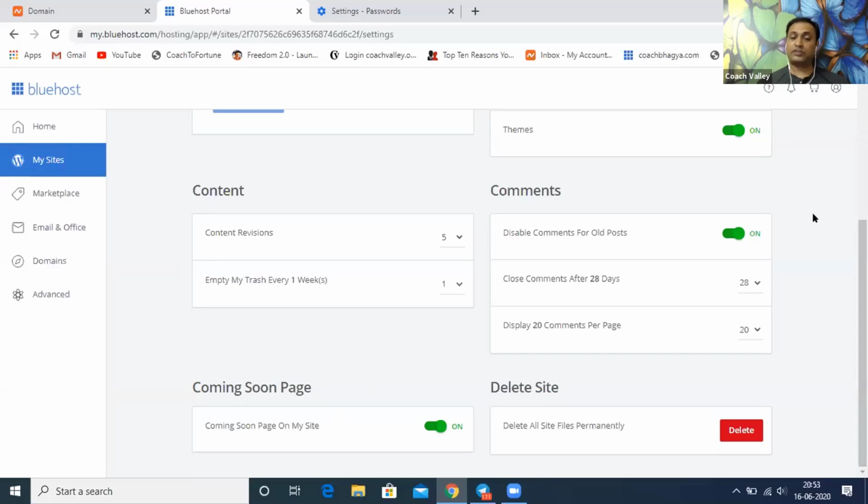Sometimes it may also happen that you accidentally deleted some pages, something you're trying to do and all this stuff. At that time you don't want people to come here and see a 404 error saying that the page doesn't exist. So we need to turn it off at that time, finish your work, and then turn it off. Okay, now let it keep it on for now. Coming soon page. So just scroll up.